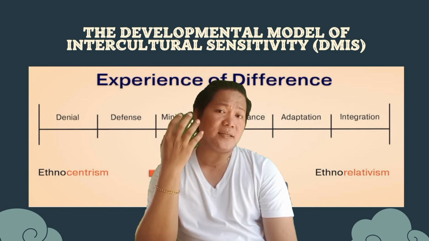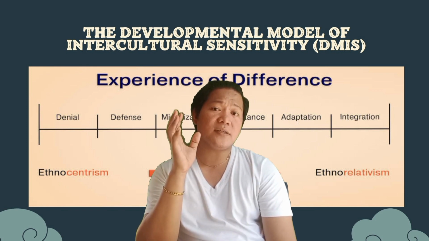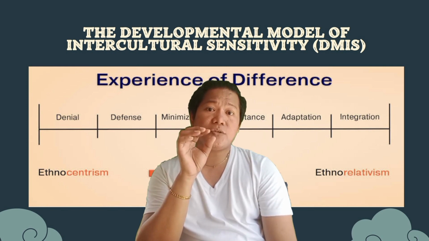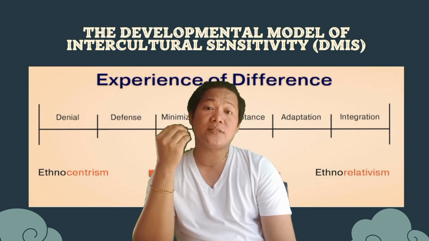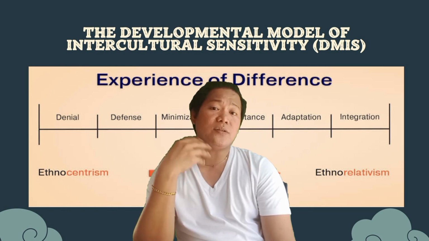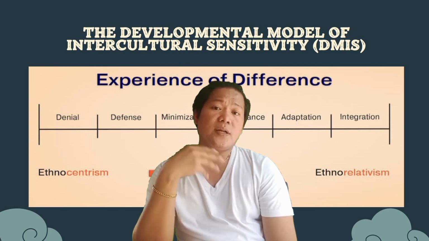So we have the acceptance, adaptation, and integration. So here, people, however, do not necessarily follow a linear progression, for example, advancing to the next stage in sequence. So due to unpleasant intercultural experiences or acute culture shock, for example, they may retreat to a lower level